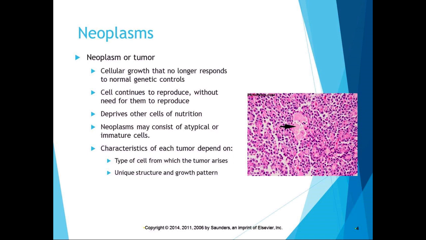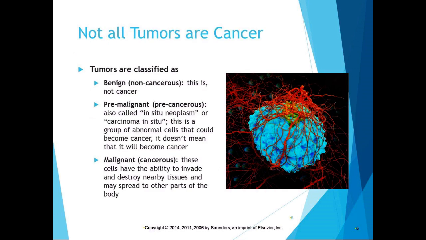So neoplasms may or may not consist of atypical or immature cells. And the characteristics of each tumor depend on the type of cell from which the tumor originally arises and the unique structure or growth pattern of that individual tumor. So